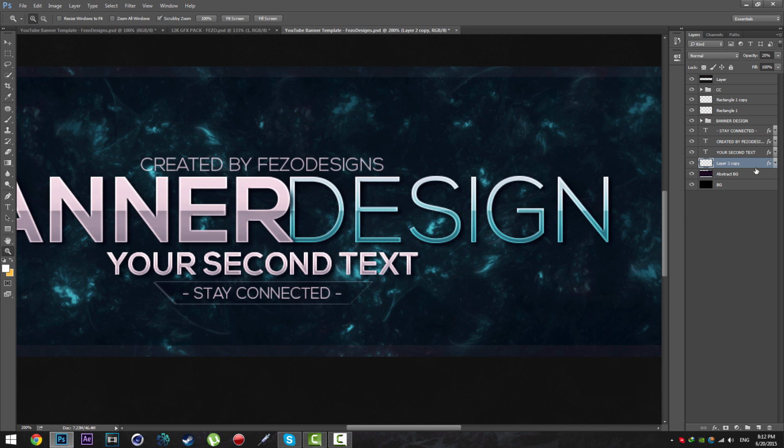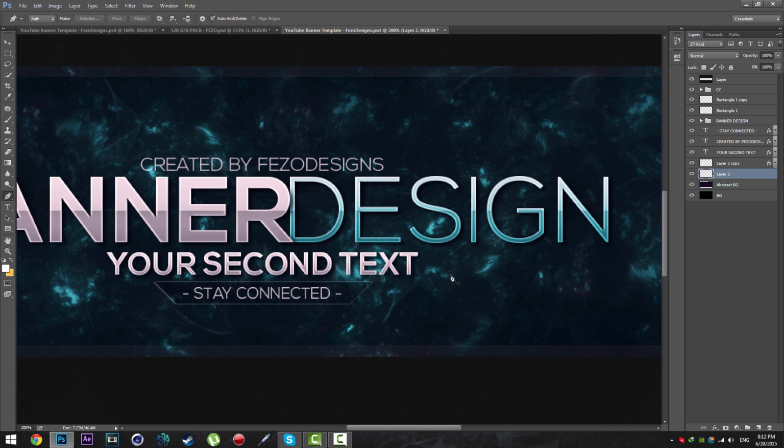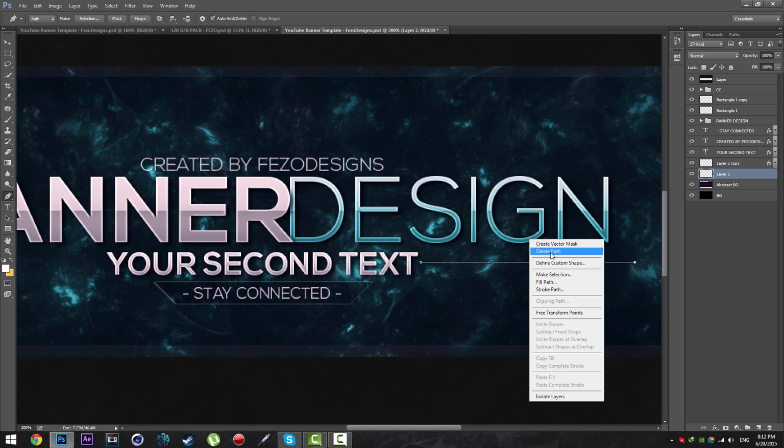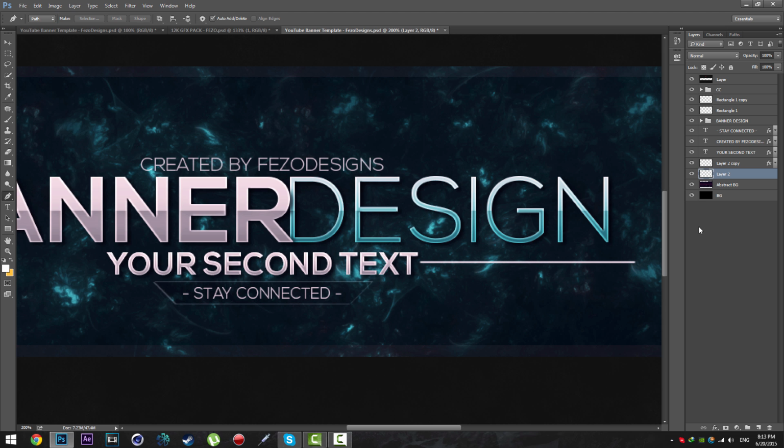For this, I'm going to make a new layer at the bottom of this bar layer. Select your brush tool. Make sure you selected the second brush and change the size to 2 pixel. And select your pen tool and make a line just like that. Right click, go over the stroke path, select your brush tool, click OK, right click again, delete path,